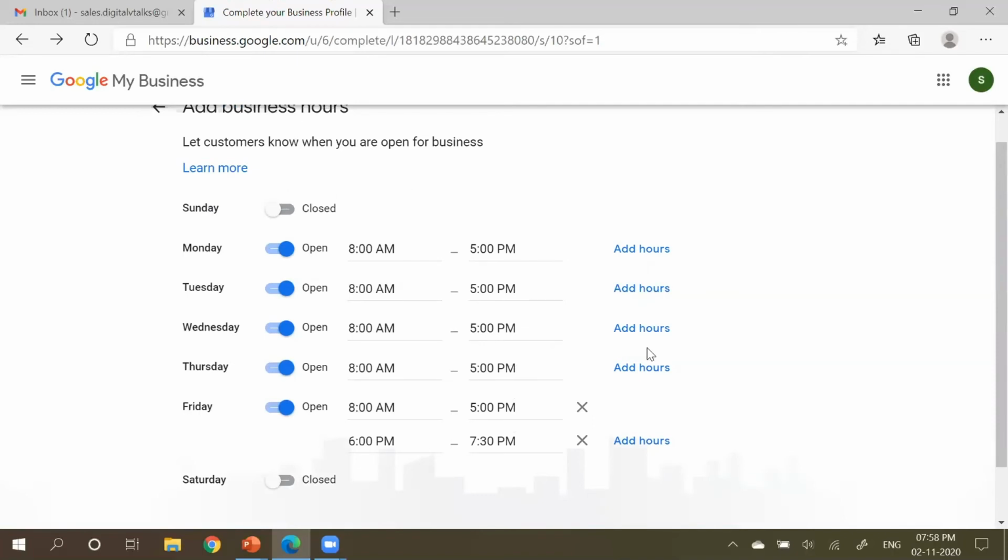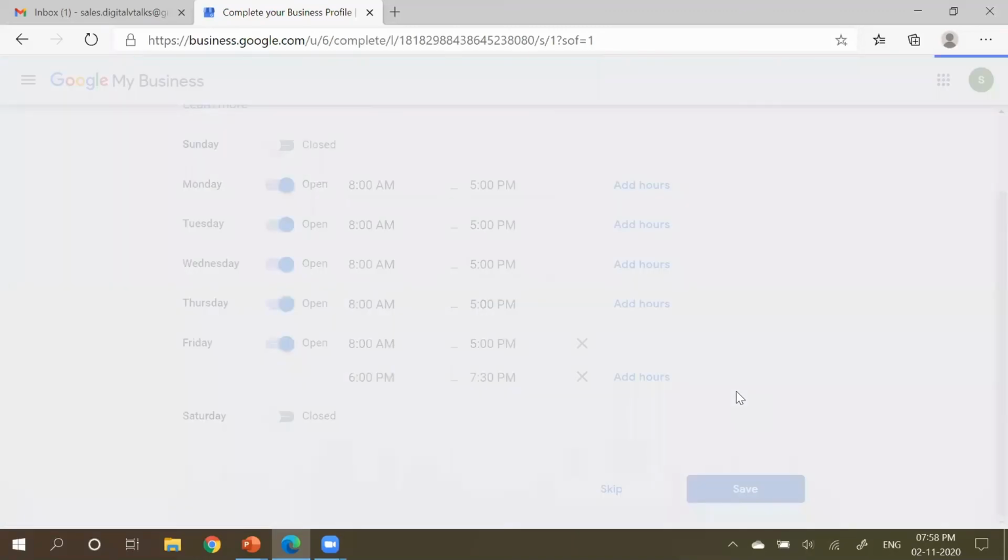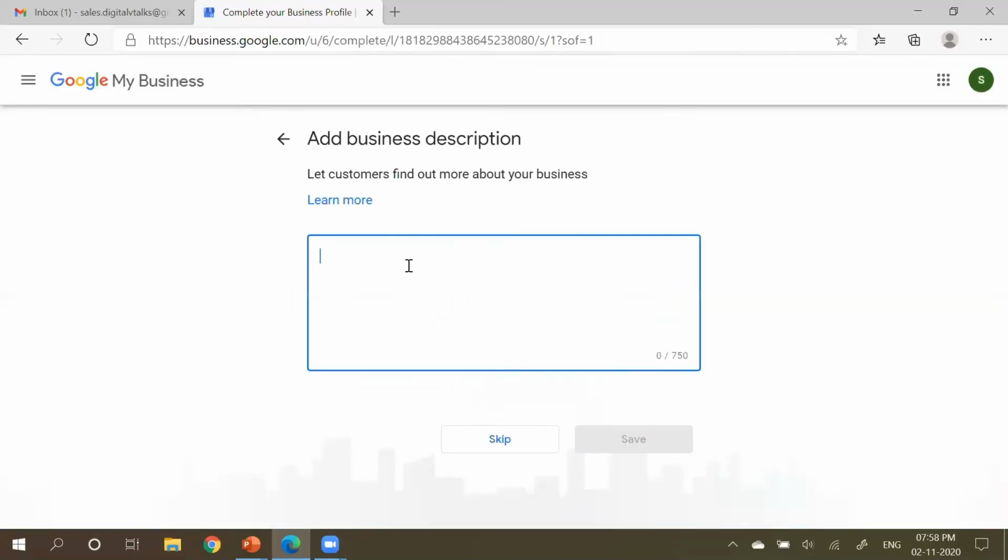Okay, so once your business hours have been saved, after this you have various options which will be coming up to have all possible details about your particular organization.